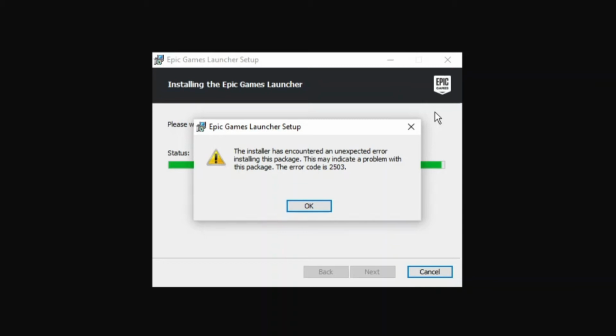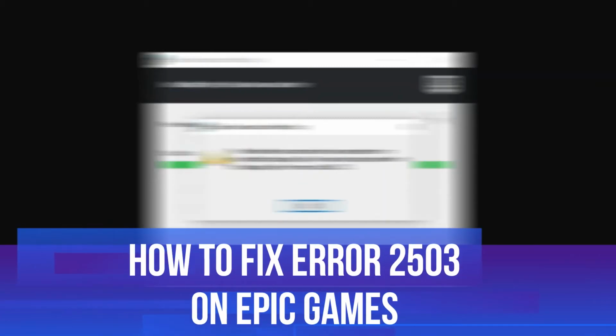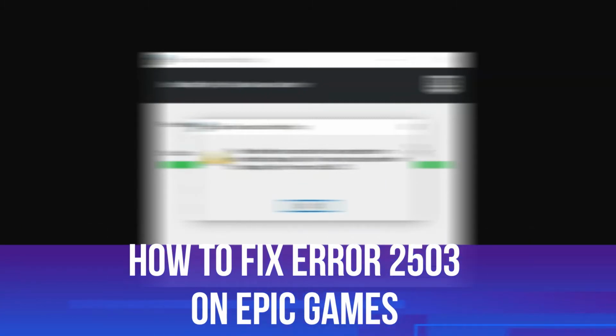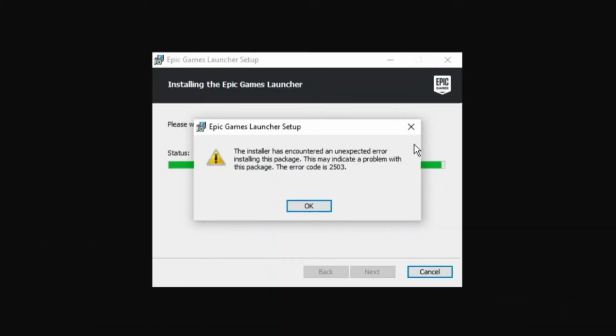In this video, I will show you how to fix the error code 2503 Epic Games. So let's jump straight into it. If you are trying to install the Epic Games launcher and you're getting an error code like this of